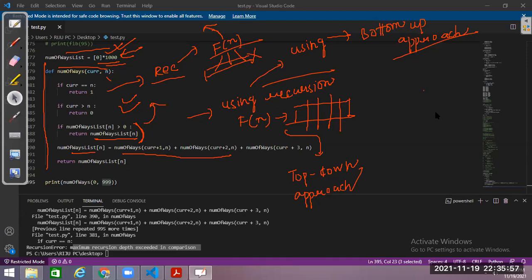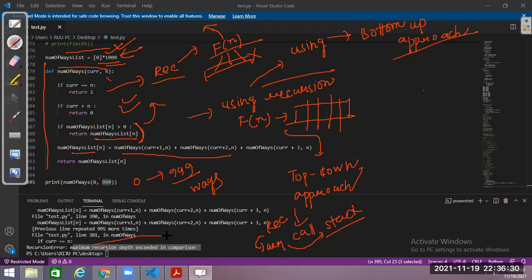So when we use this top down approach, we have some extra space complexity called call stack space complexity. Whenever we make recursive calls and store results into the table, into the array, we have some call stack memory also associated. Some amount of recursive calls are there, and we require this call stack to store the order. Once I try to calculate how many ways there are to reach from 0 to the 999th floor, the amount of recursive calls has exceeded.